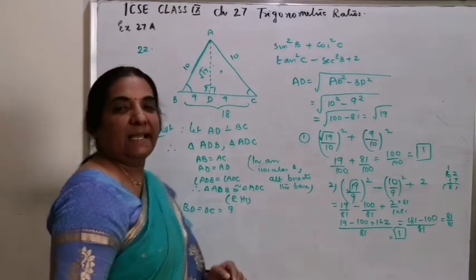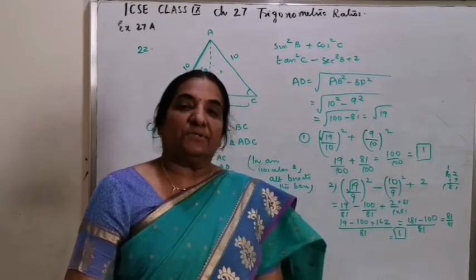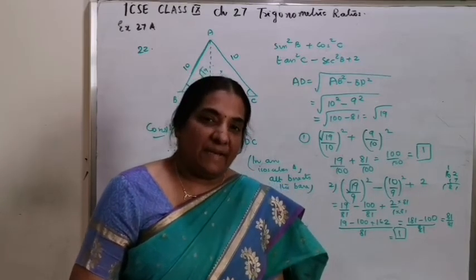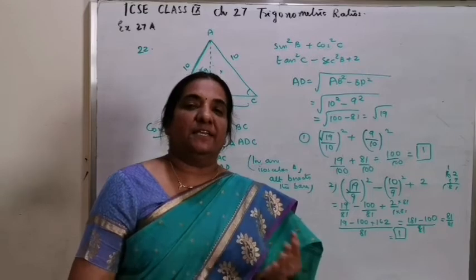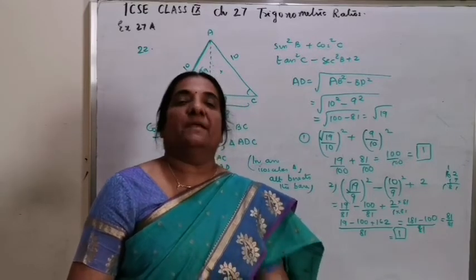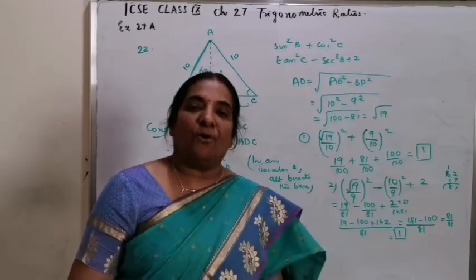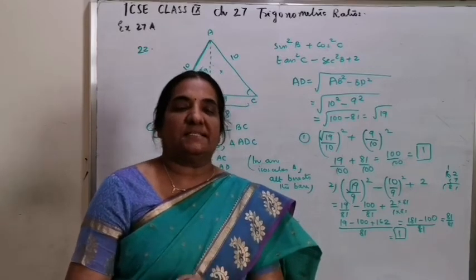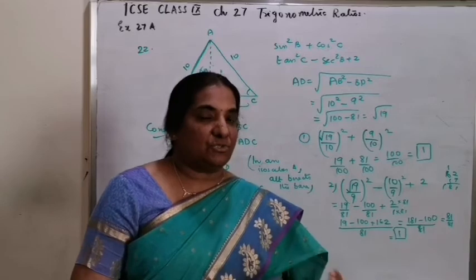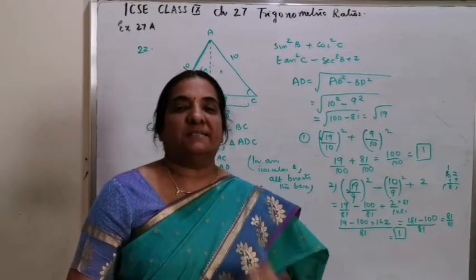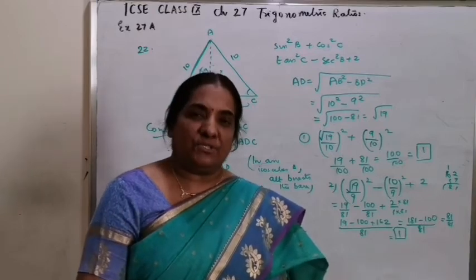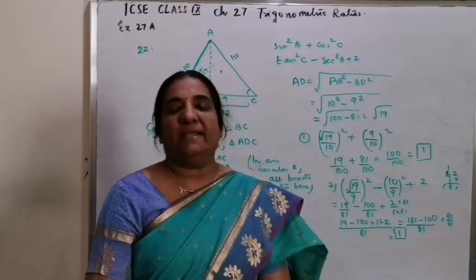Check your answers, and one thing I would like to tell you is check whether you have made a mistake in taking the ratios, or in taking the LCM, or in the arithmetic calculations. Whichever is the step, correct yourself. If the ratios are wrong, that means you revise the ratios once again. If any of the other calculations are wrong, that means you have to be careful while doing arithmetic.